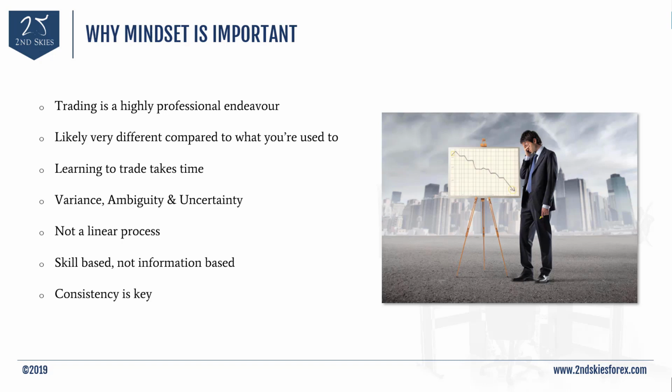We would rather work with clarity versus ambiguity. And then there's also the process of variance, which is that you could have a really good statistical edge in the markets, but that doesn't mean it's going to work out the same. So if I am 54% accurate, technically that should mean out of every 100 trades I win 54 and